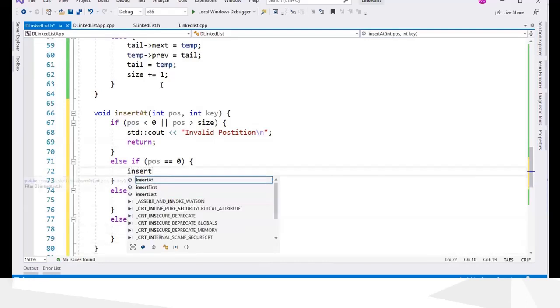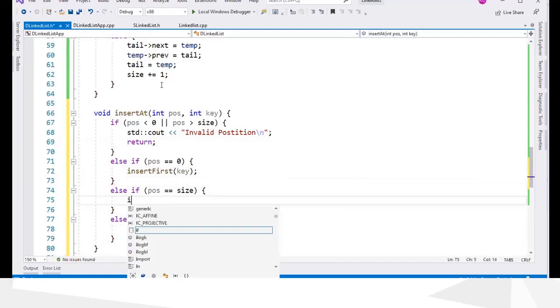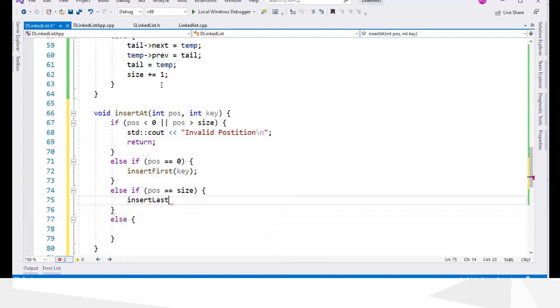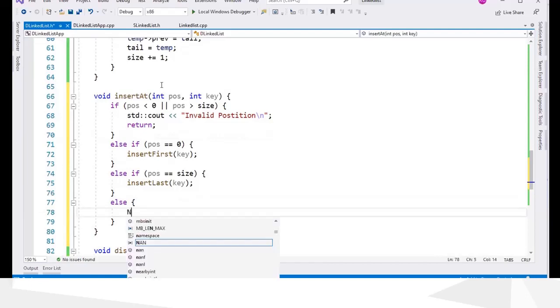We can call the insert first function and pass the key, and here it's also easy because we have written the functions, pass the key, and then here. So first we need to move to the